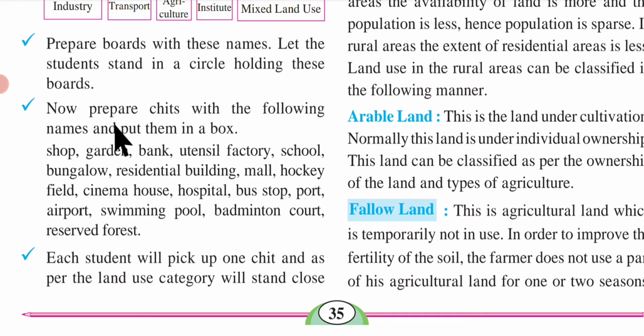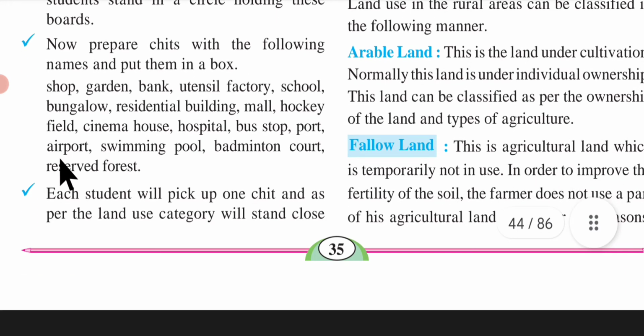Now, prepare chits with the following names and put them in a box: shop, garden, bank, utensil factory, school, bungalow, residential building, mall, hockey field, cinema house, hospital, bus stop, port, airport, swimming pool,